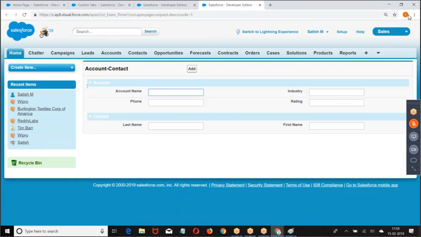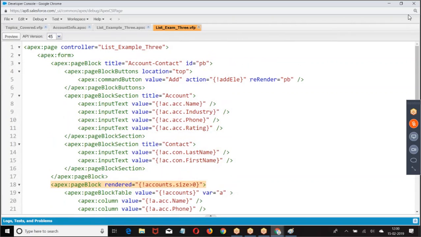Have a preview. We had account, contact, Wipro. Now in my requirement, account and contact together is, so there is an issue here. What was that?